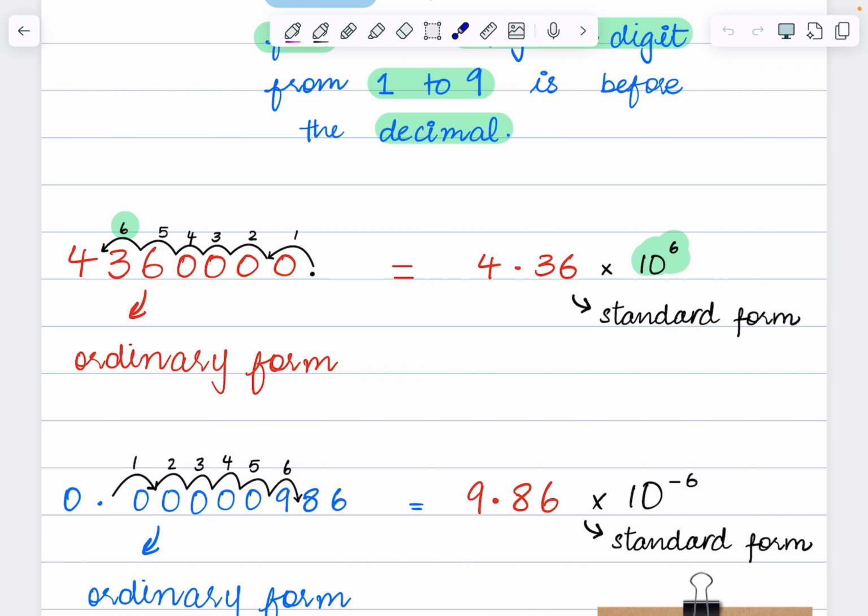It's common sense. Obviously, if it's a very big number and I'm making it a tiny number, the power will be positive, right? But if it's a very minute number like 0.0000986, obviously I make that number bigger. This is a smaller number than this number, so the power will be negative. Got it? And how many places will you move it? It's very simple: you can only have one number before the decimal, so you move the decimal only until one number remains before the decimal. Clear? Okay, good job.